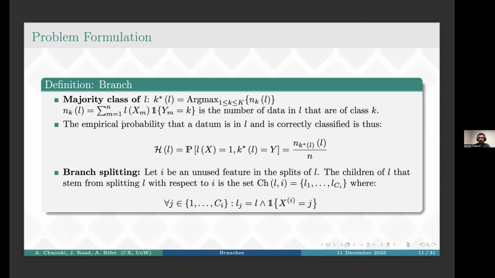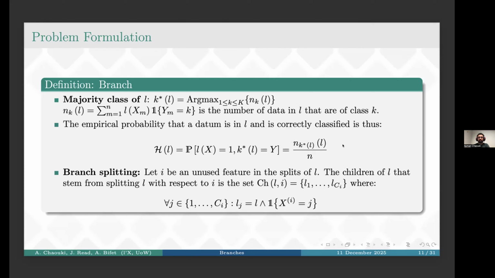And then the empirical probability H of L that L of x is equal to 1 and K star L is equal to y, which means that x is contained in branch L and is well classified, is